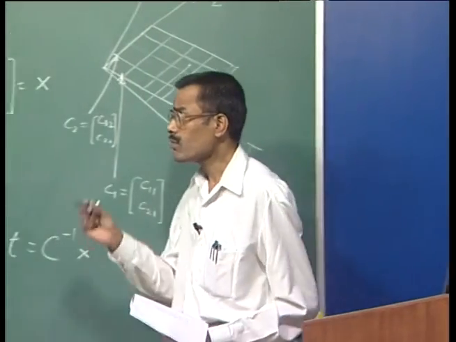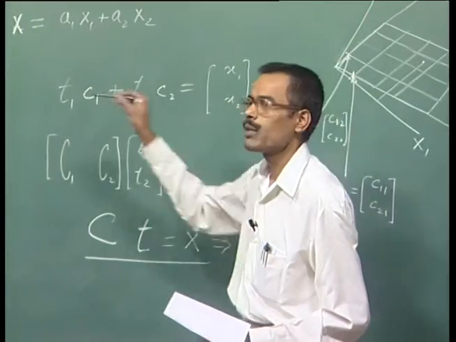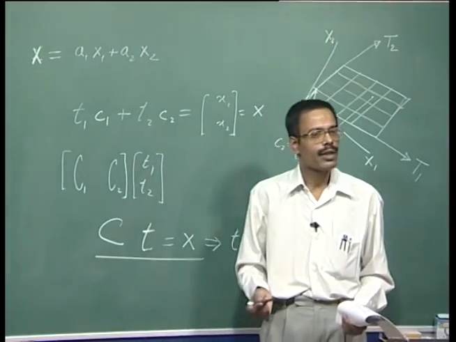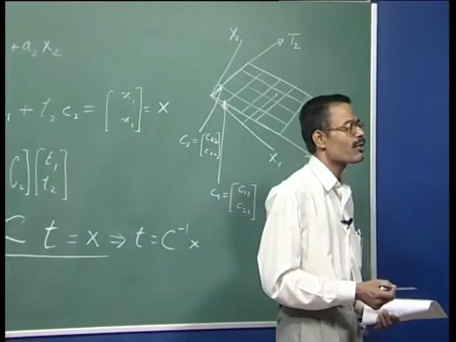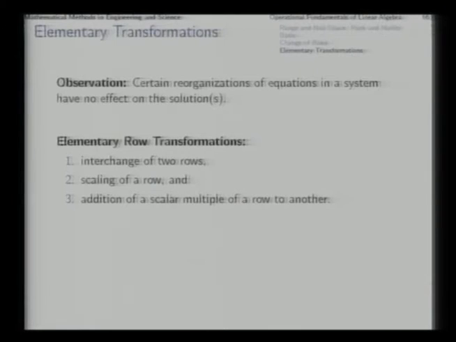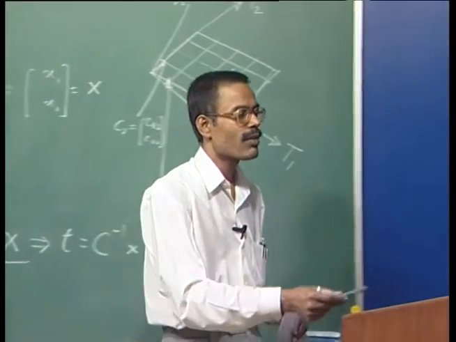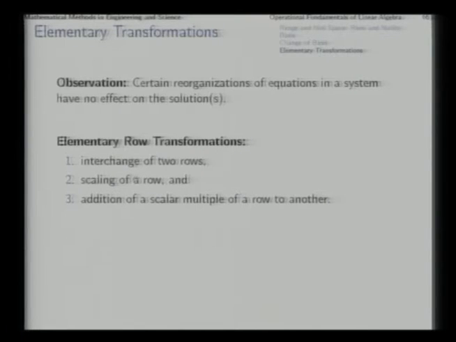Next, if we multiply the seventh row with 2 or 1/3, does it change the system? No, it does not. So, that is equivalent to changing the scaling of a particular equation. So, that is scaling of a row. If we multiply one of the equations in the system by a scalar all over on the left side as well as on the right side, then that does not change the solutions of the system of equations. So, scaling of a row is another elementary row transformation.